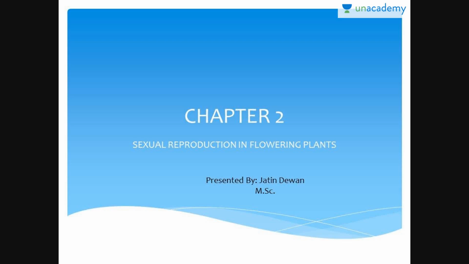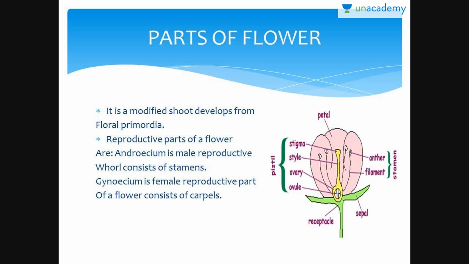Hi, students. We will be reading and understanding the sexual reproduction in flowering plants. Let's start with parts of flower. It is a modified shoot which is developed from floral primordia. Then the reproductive parts of flower are